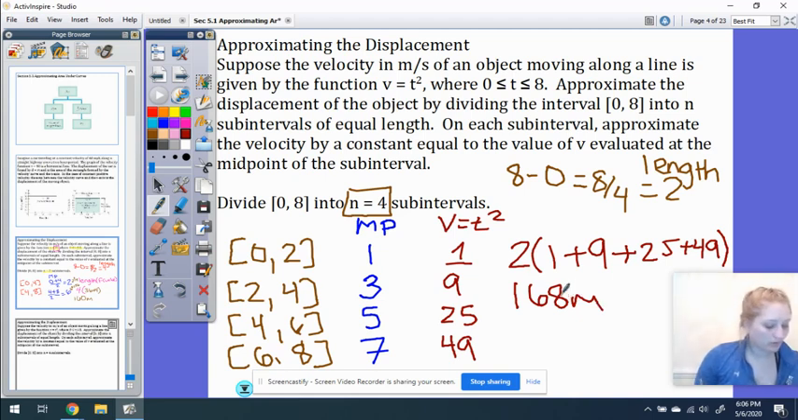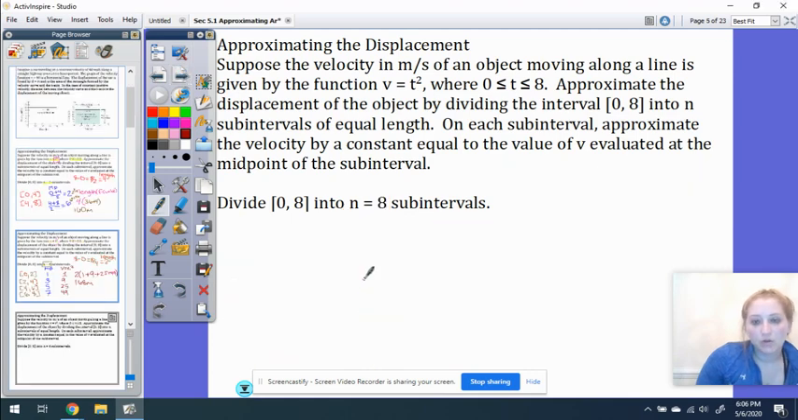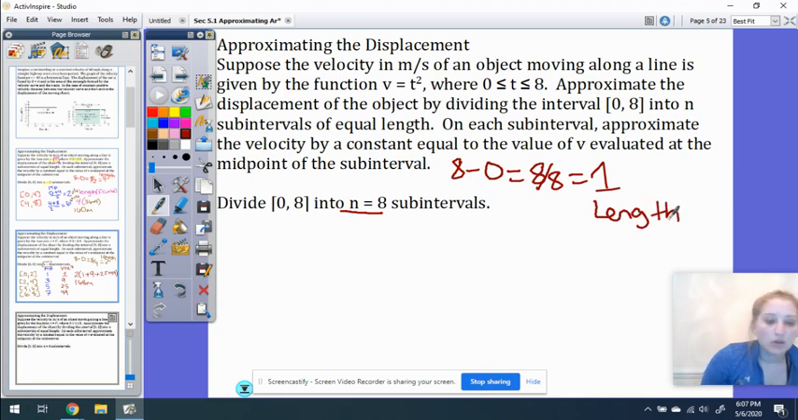All right. Let's do it again. All right, so for this next one, it wants 8 subintervals. So this is a little bit silly for me to write the math out, but I'm going to do it anyway, because if I divide 8 by 8, I'm going to get a length of 1. Okay, so that means my intervals are 0 to 1, 1 to 2,